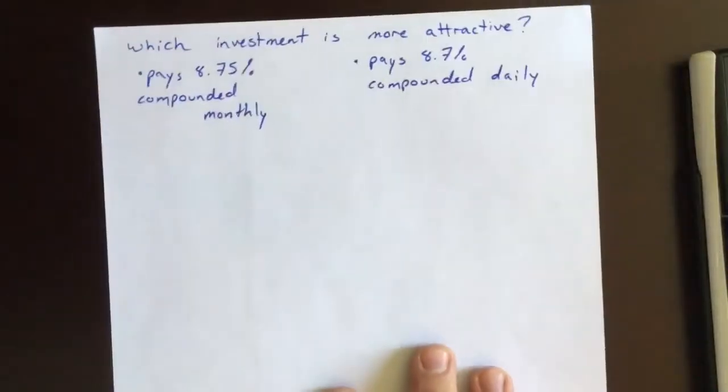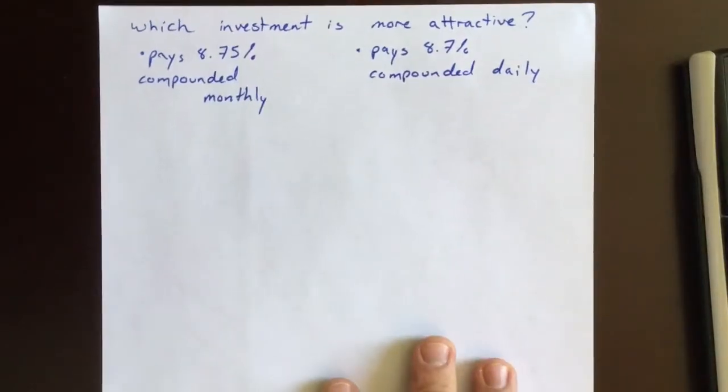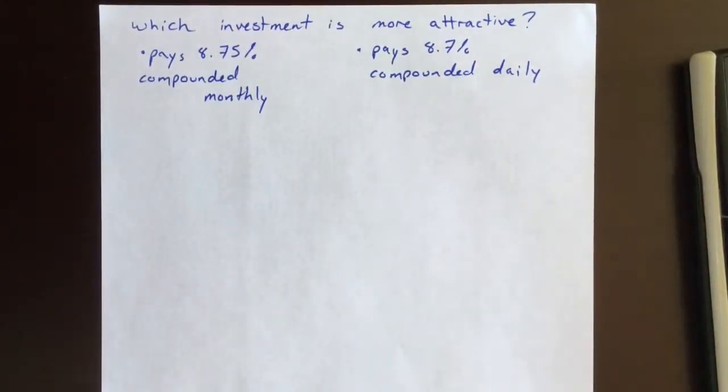This is where I'll leave you for this video. Which is more attractive? One, a plan that pays 8.75% compounded monthly, or one that pays 8.7% compounded daily. So any questions or comments that you have regarding APY and what it's used for, it's just one simple formula that we used, but if you have any questions,